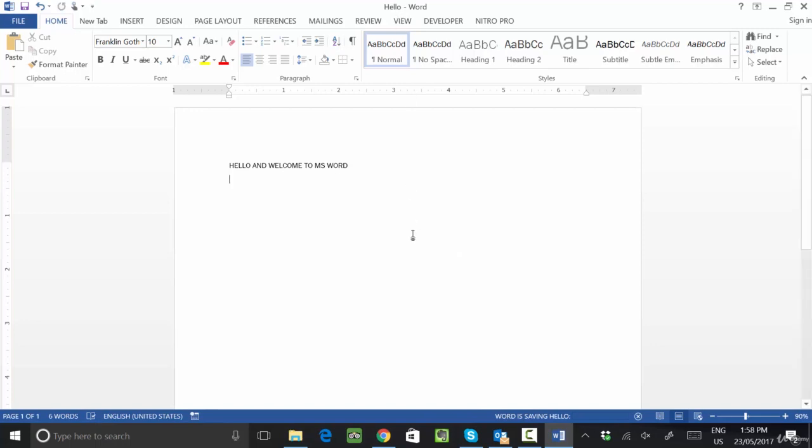By default, whenever you save your MS Word document, it will be saved with the extension .docx. All new versions save the document in the .docx extension, because MS Word is basically a document editor, and by default it saves all files in docx format.